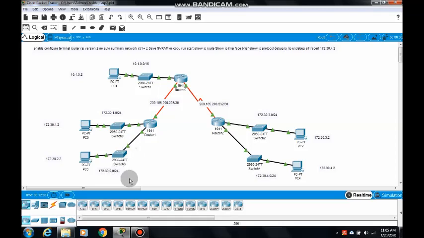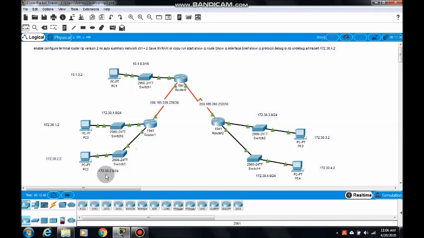The 7 networks are there. 172.30.1.0/24 is one network. You know that 172.30.1.0 is a class B network in the classful addressing system. If it is a class B network, then the prefix length will be 16, but here the prefix length is set to 24, so this address is called a classless address.